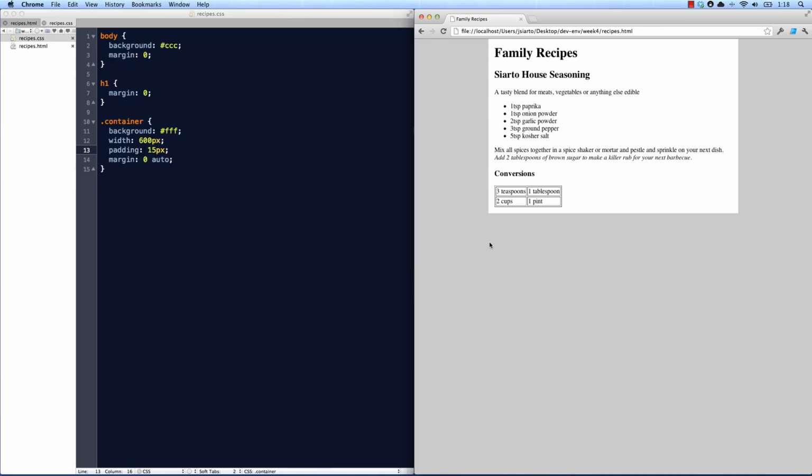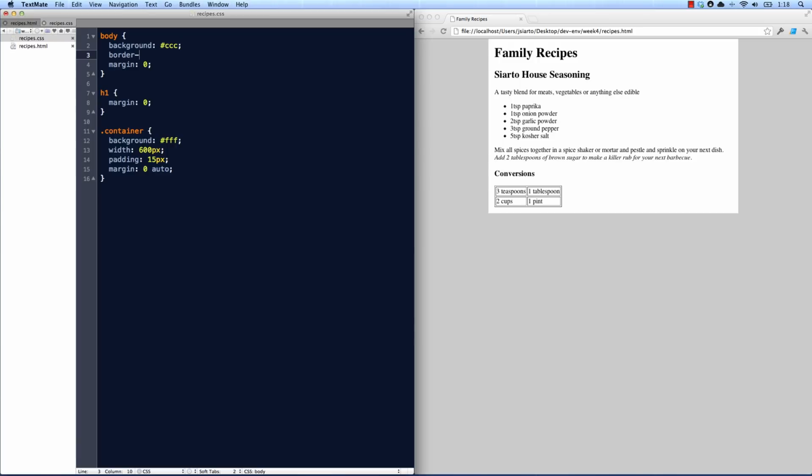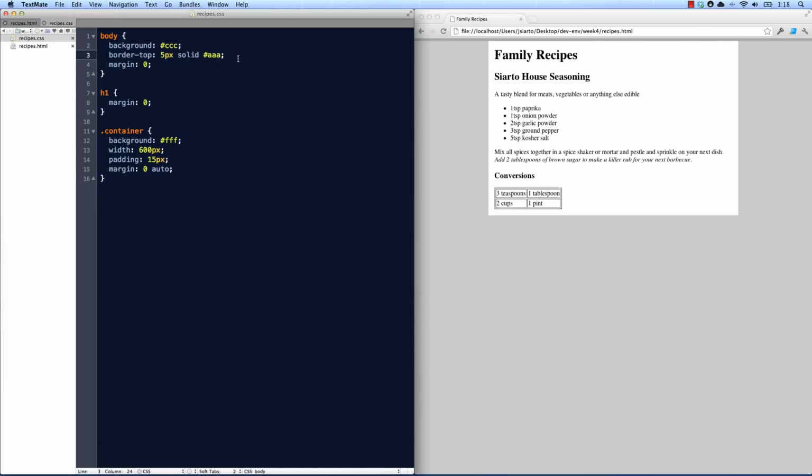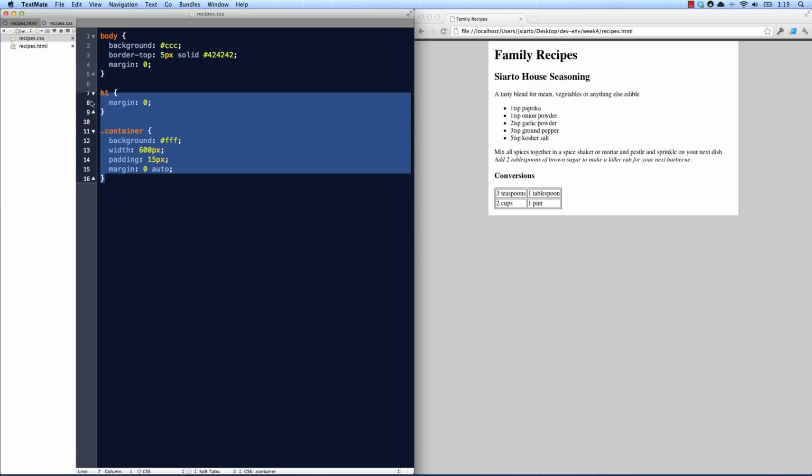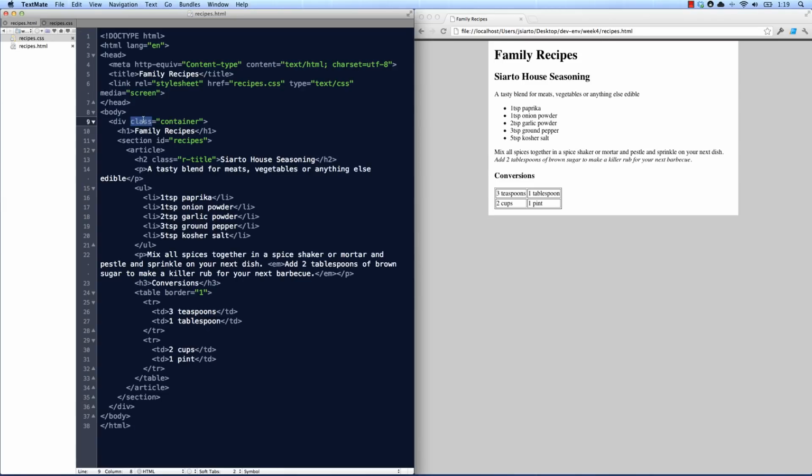It's not suffocating. So one last thing we could maybe do just to make things look nice is add a top border to our body. Let's see what that looks like. Whoops. Got to tell it what kind of border. There we go. Maybe a little darker. There, that's better. Okay. So just by adding these 3 style rules, and don't forget our extra class container,